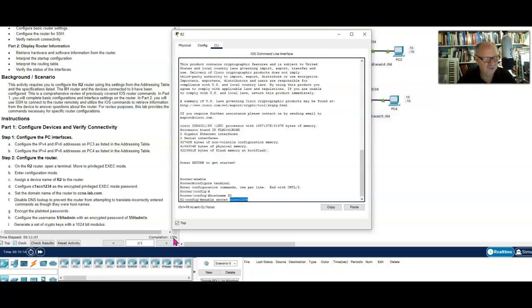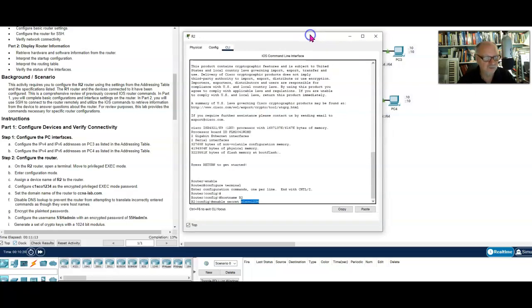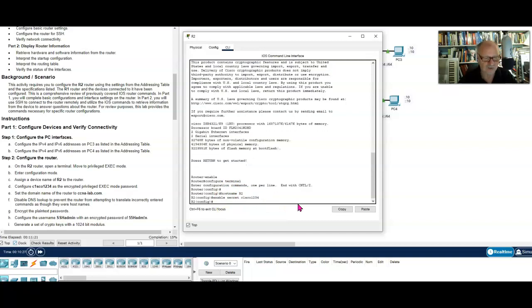And this may not end up being 100% because Packet Tracer just miscores sometimes on certain kinds of things. And I'll demonstrate that in just a little bit. So I've done that command. I'll just hit enter, and the enable secret is set. C1SCO1234.